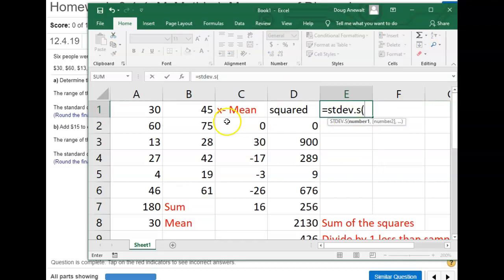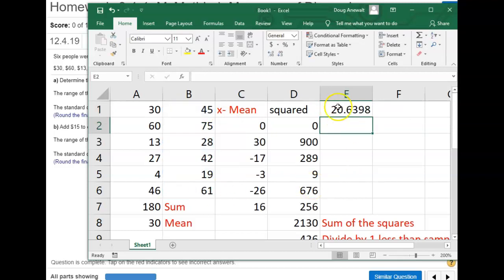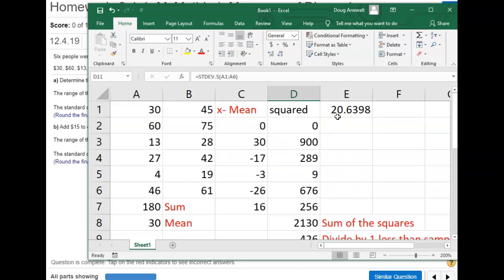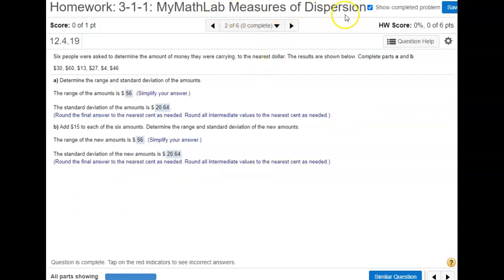Our sample standard deviation of these new values is the exact same thing. So think about that. And it should make sense because we're measuring how dispersed, how spread out these data values are from one another. Well, if we've shifted every single one of them 15 larger, then compared to one another, they're not spread out any more than they were before. They're just all moved the exact same amount